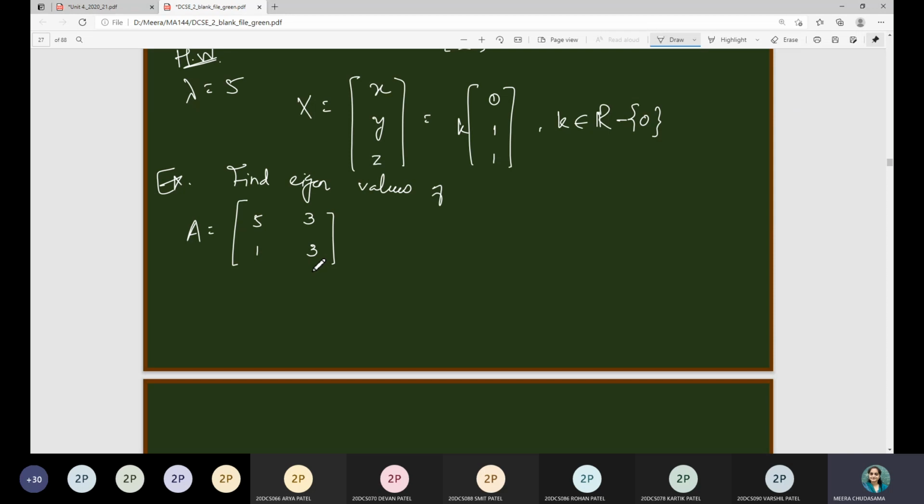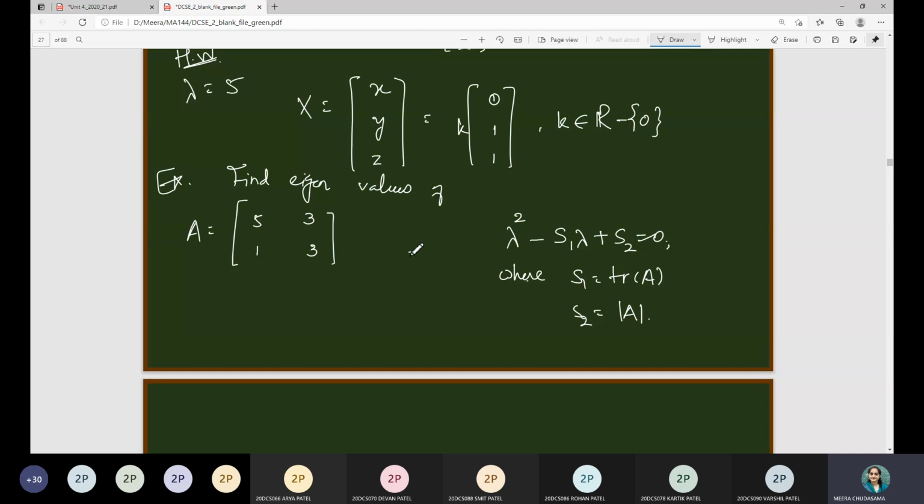Okay, so one is that you can use the determinant method. Since this is a 2 cross 2 matrix, your polynomial will start with degree 2, so lambda square, then alternate sign and decrease the power of lambda: lambda square minus S1 lambda plus S2 is equal to 0. Means in this case it will be lambda square. So what are S1 and S2? S1 is nothing but the trace of A and S2 is nothing but the determinant of A.